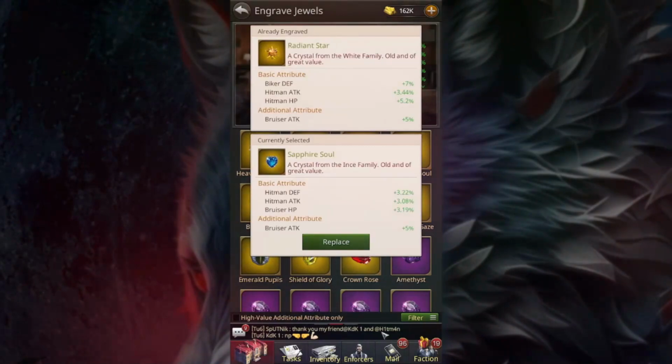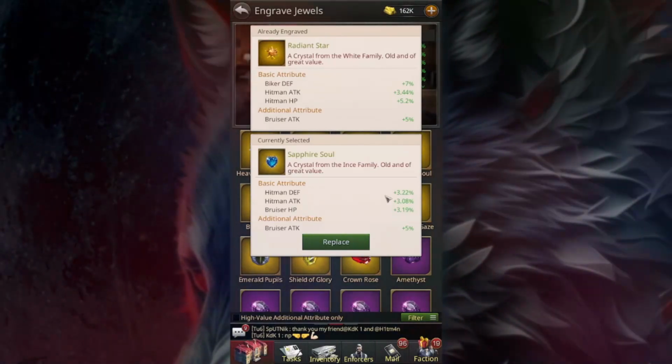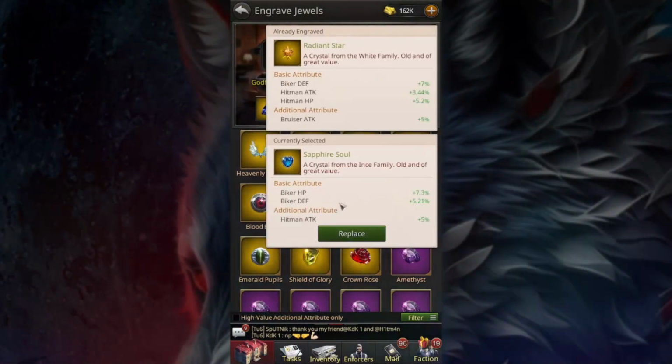So you just want to go through and look, okay, so this one gives me Hitman Attack, Hitman Defense, Bruiser HP, Bruiser Attack. Okay, that one's pretty good. And then you just click through and find out which one's the best suited one for you. So this one here,